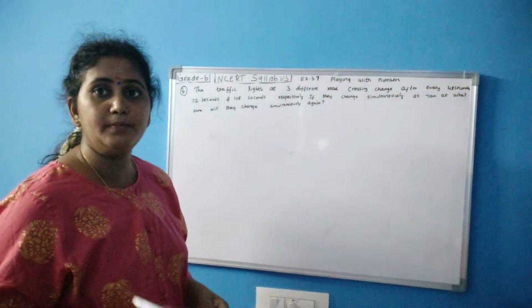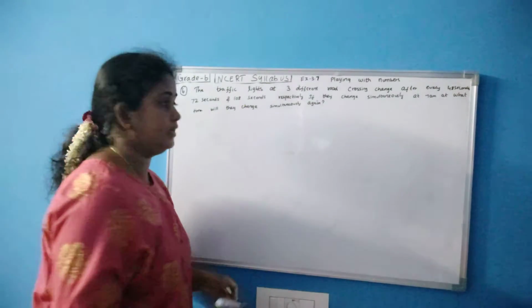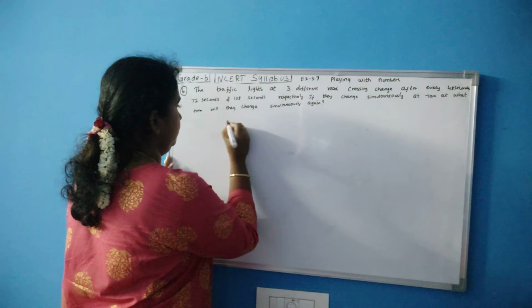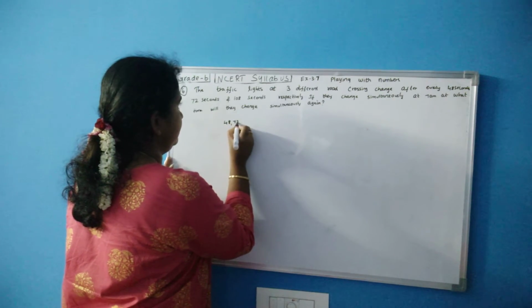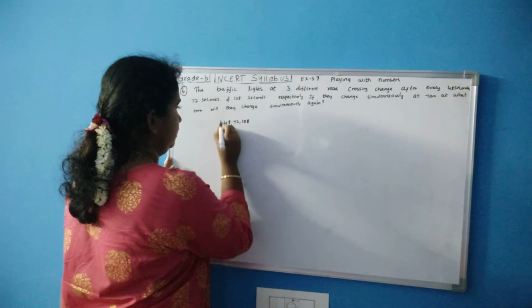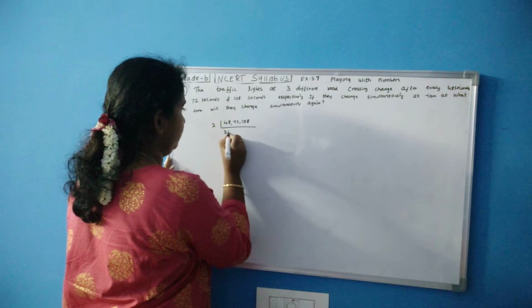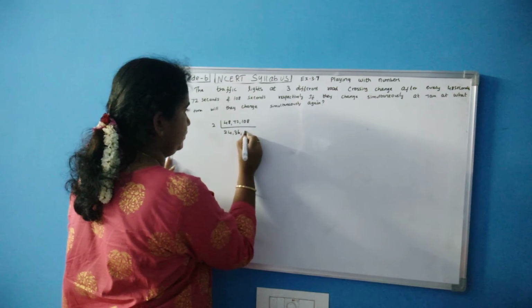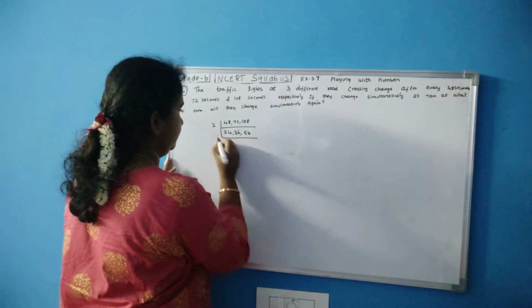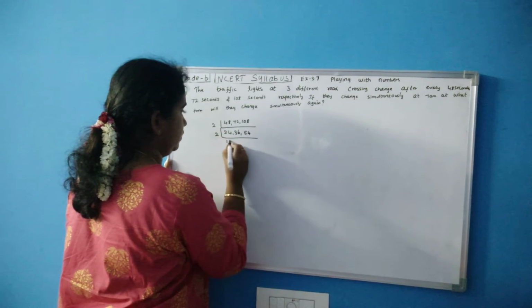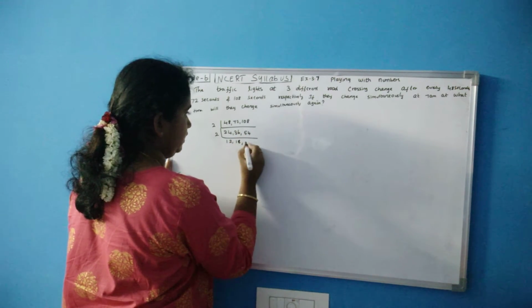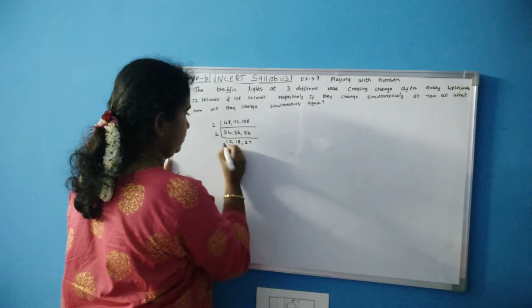In order to know that, you must find the LCM of the given 3 numbers. So LCM of 48, 72 and 108. 2 table: 2 2s are 4, 4 2s are 8, 3 2s are 6, balance 1, 12, 6 2s are 12, 5 2s are 10, 4 2s are 8. Again 2 table: 1 2s are 2, 2 2s are 4, 1 2s are 2, 16, 8 2s are 16, 2 2s are 4, balance 1, 14, 7 2s are 14.